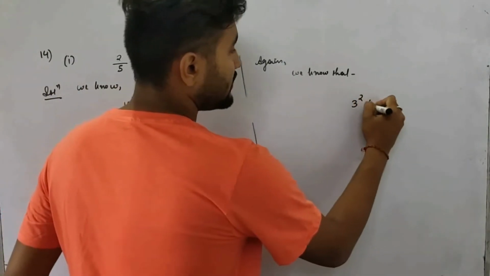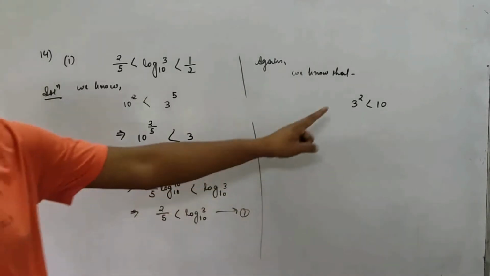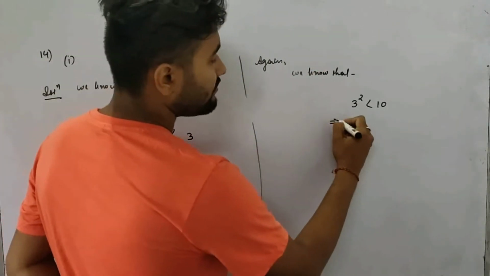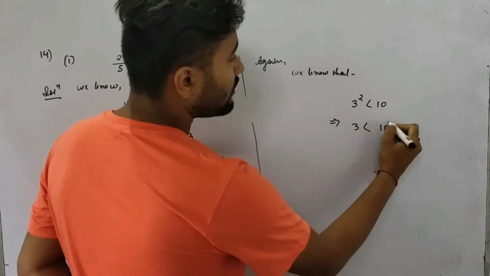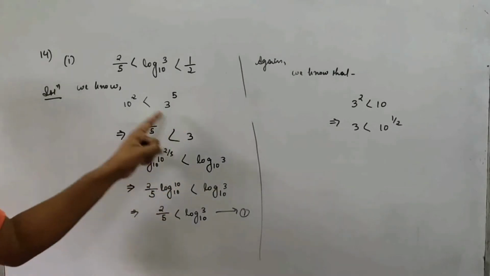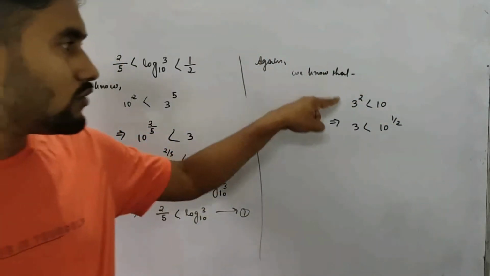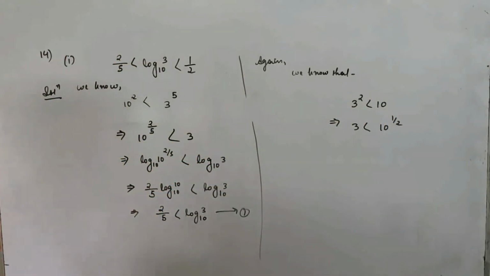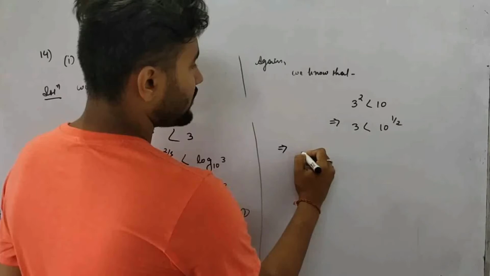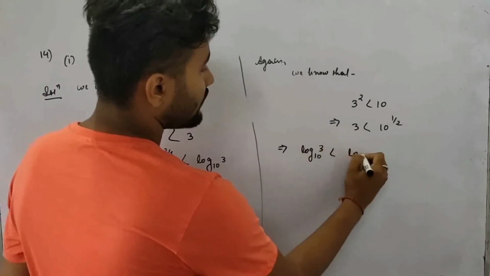So 3 square is less than what? 10. Now what is the process? You have to make this 3 what? Empty, isn't it? So which implies 3 will be what? 10 to the power 1 by 2. Isn't it? Like over here 2 by 5, over here 1 by 2. This 2 will go to the denominator, 1 by 2. Like that. Okay. Then simple, bring logarithm on both sides with base 10, log 3 base 10 less than log